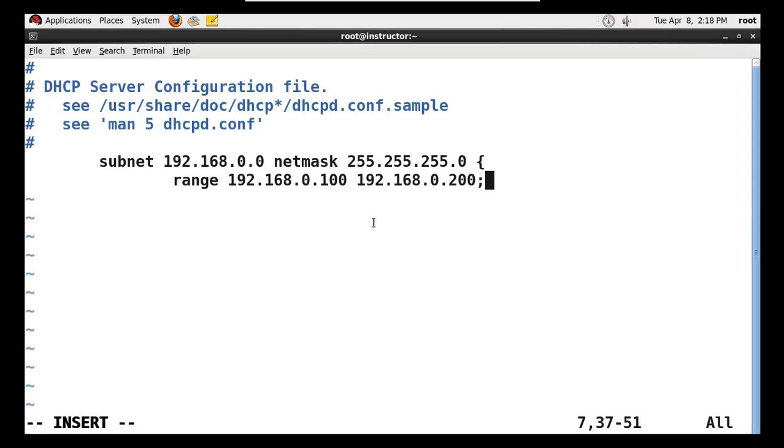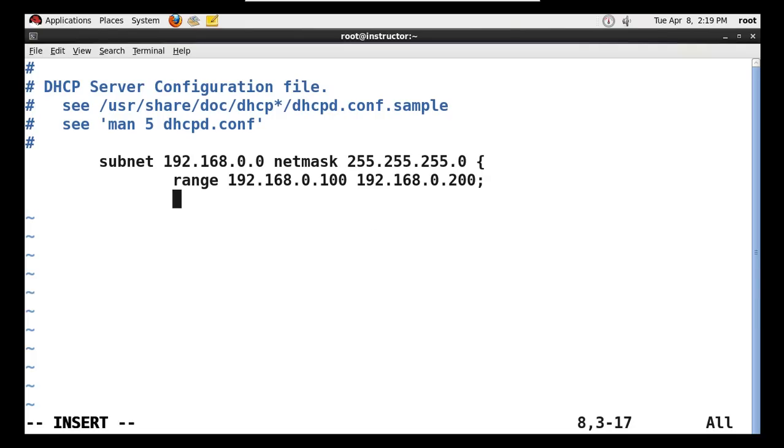This means whenever a client requests an IP address, the DHCP server will provide the first IP address 192.168.0.100, next will be 192.168.0.101, 102, 103 up to 192.168.0.200. The IP address will be provided to the client computer, but what will be the lease duration?